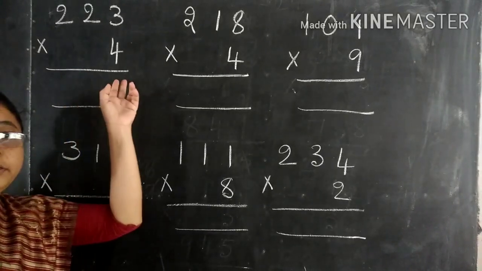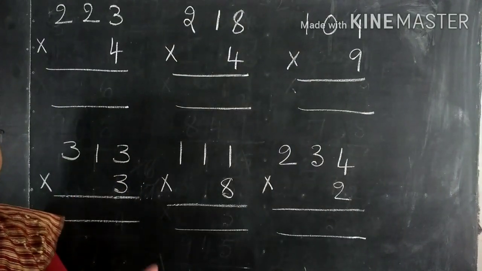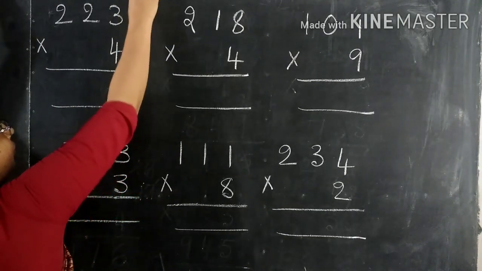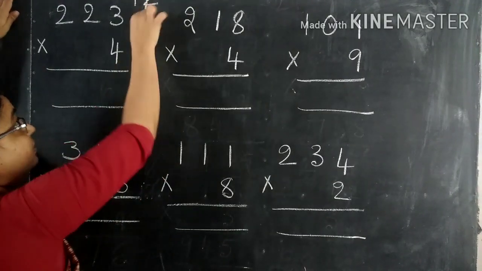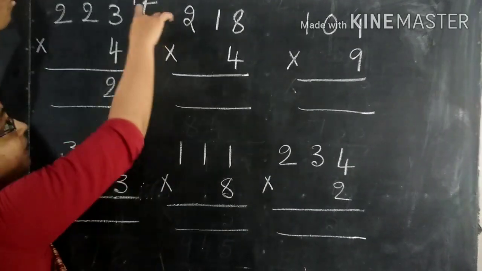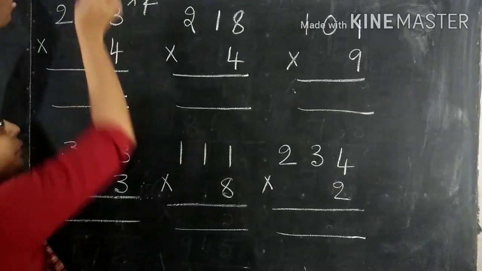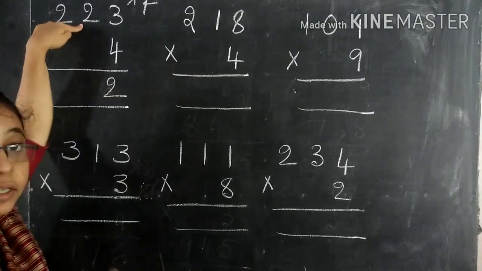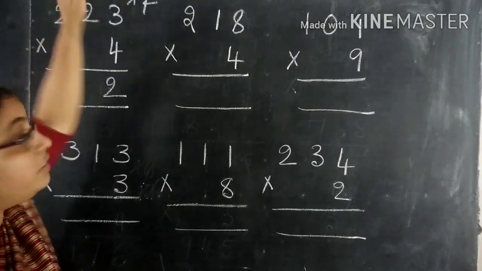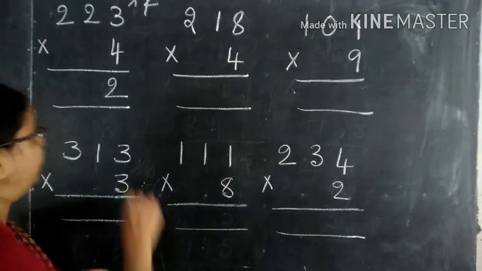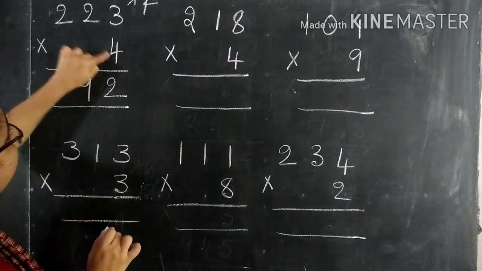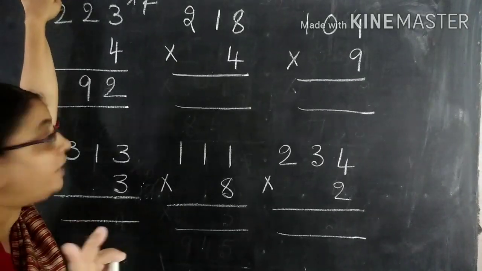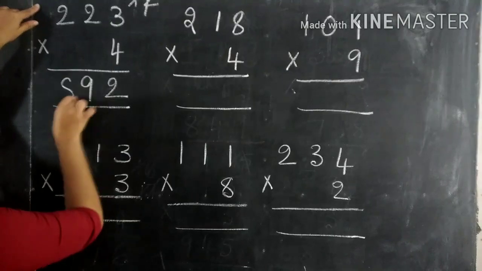If you look here children, again we are doing more for practice. Listen carefully. 4 3s are 12. As you know, ones place digit you will write it down and the tens place digit will be carried to the next place. Finish now? Now 4 2s are 8. 8, here 1 is there. 8 plus 1, 9. Now 4 2s are 8. But here anything is there? Nothing to add. So 4 2s are 8.